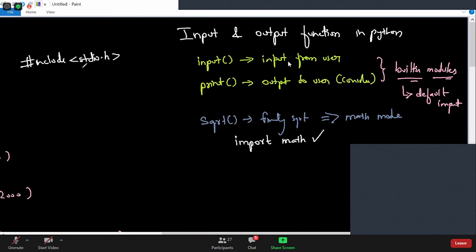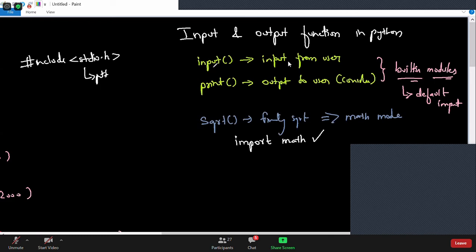Why are you including this file? Because your printf and scanf are available there. Something similar in Python also, you have to import modules. Like header files, in Python we have modules. They are called modules, not header files. This module contains functions.